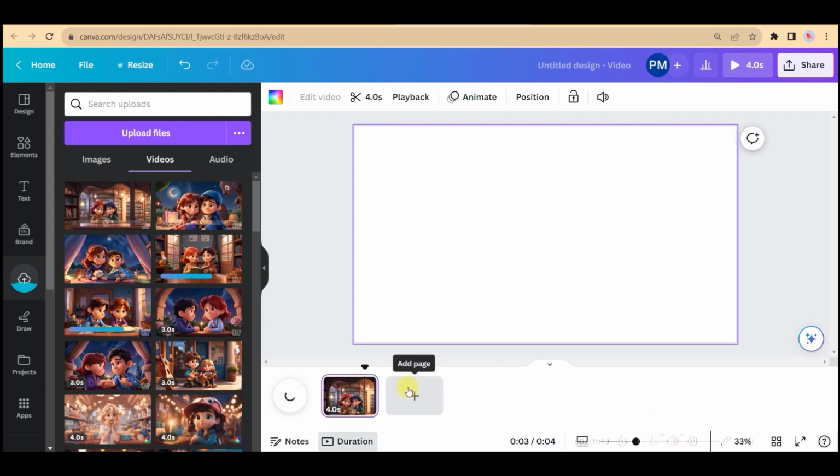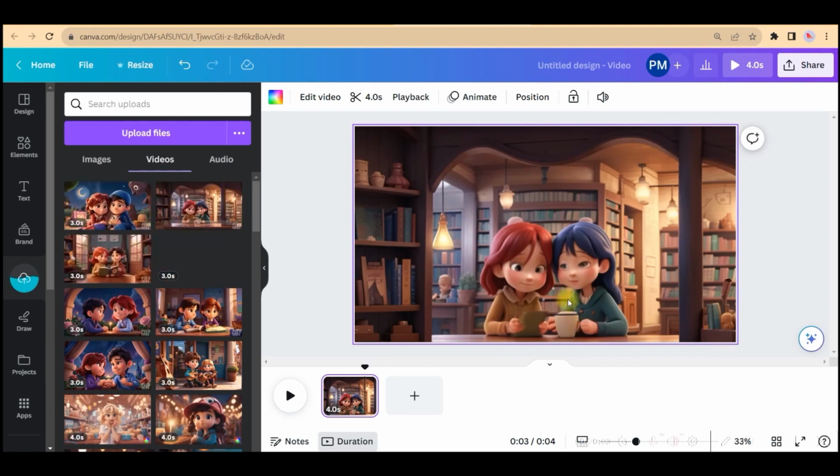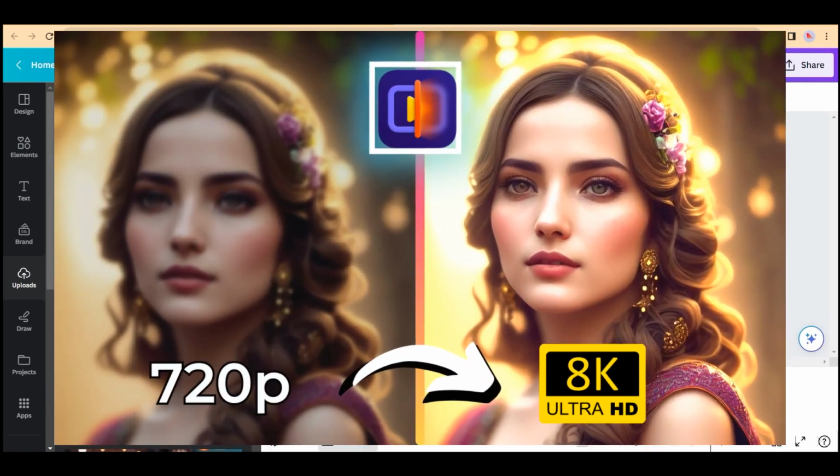But according to me, if you're doing that, then the video quality deteriorates. Every time you take a snapshot of the last scene of your video, the next video will be poor in quality. So if you want to take a snapshot of this part and again get it to Pikalabs to generate the second video, then I would suggest you go for the quality enhancement of